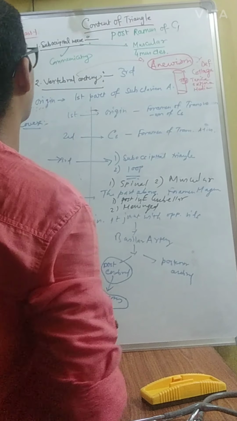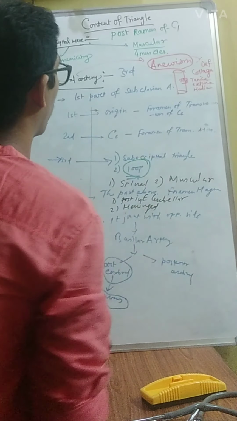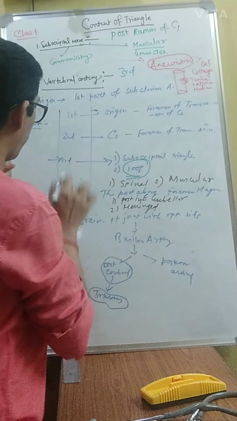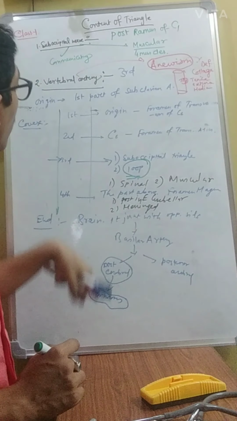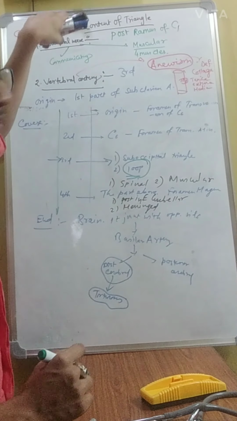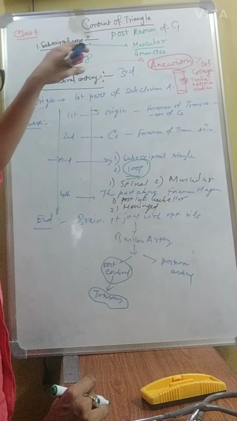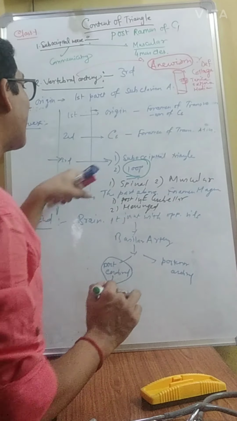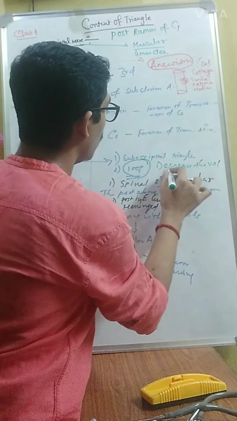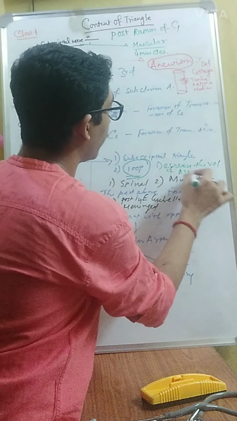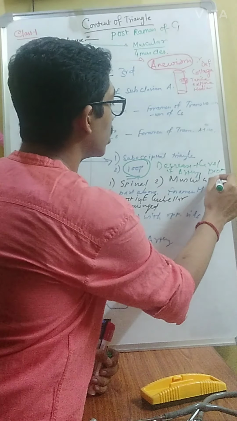Okay, and this loop, I again mention, this loop is very important. If you see the vertebral artery picture, the vertebral artery goes gradually upwards. Now, if a certain velocity is reached from the brain, this is very harmful. So to decrease the velocity of this artery, you have the loop formation for protection of the brain.